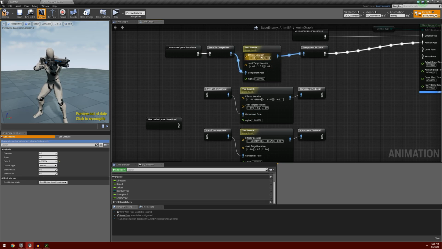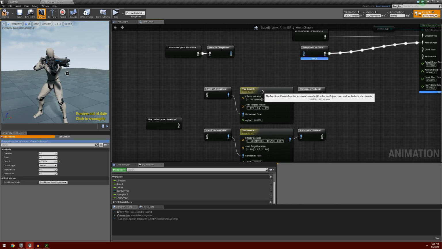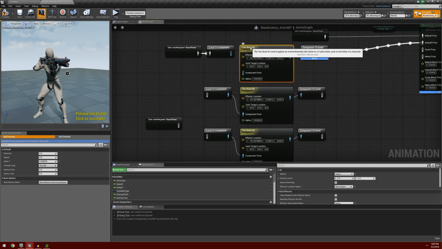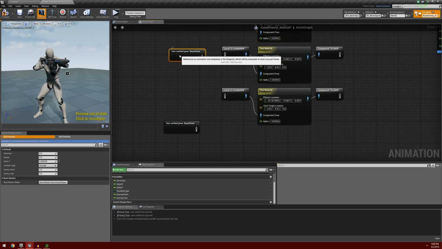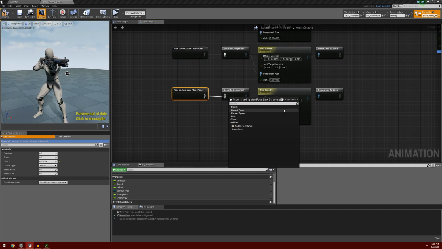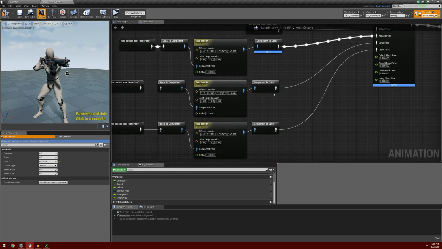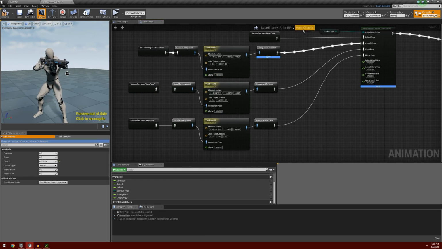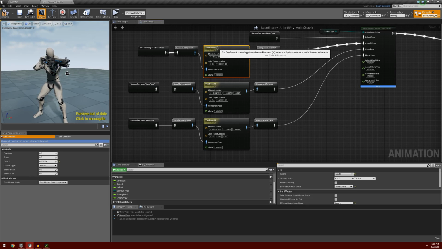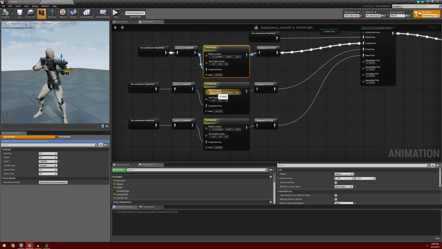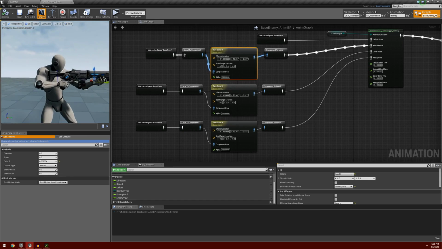And it looks like it reset this here. So I'm going to delete that and I'm going to duplicate it again and pop it into place. And then we can connect our cache poses into the local to component conversions. And then go ahead and connect the conversion out into the cover pose and the heavy pose. So that way you can go ahead and change the preview asset in here and change the 2-bone IK and where the hand sits on the weapon based on the weapon that he is